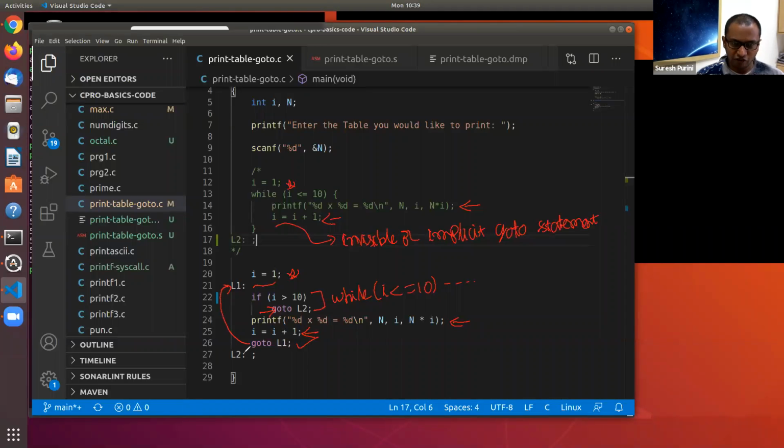So there is an equivalence between this while statement and a bare bones C code, which uses just go-to statements and if statements. Similarly, you can create an equivalence between for statements and code just using if and go-to statements.